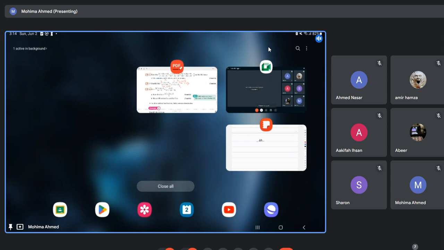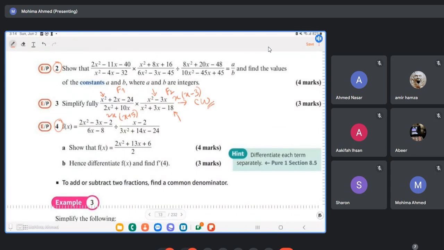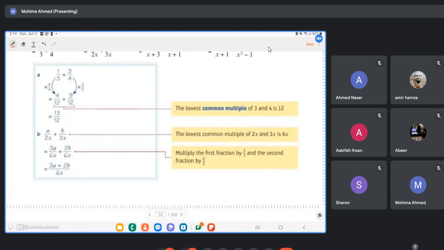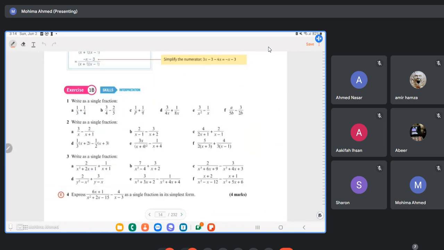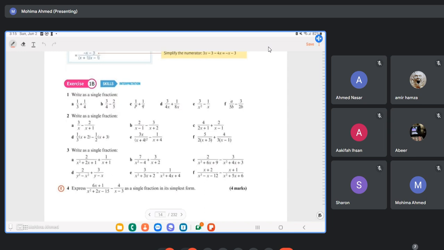Okay, then we are going to move on to 1b now. So for 1b, again, similar concepts, I think. We just have to convert these into simple fractions. For question 1 and 2, we can clearly understand they're extremely easy, so I'm not going to do any maths from question 1 and 2. We're going to start with question 3 and 4. Yeah, 1 and 2 are quite easy. Let's not waste our time on 1 and 2.